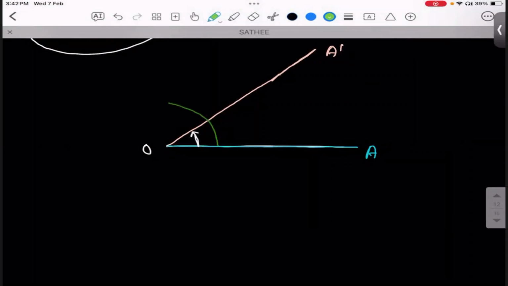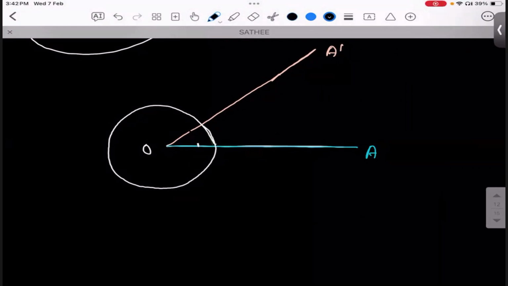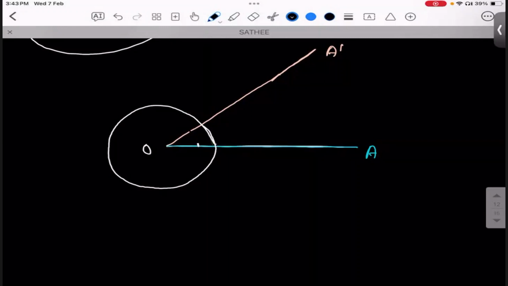By this we can say this is 1 unit. This is 1 unit, right? Because a unit circle means the radius should be 1. So this is 1 unit. Now when the distance covered by this arc length is 1,